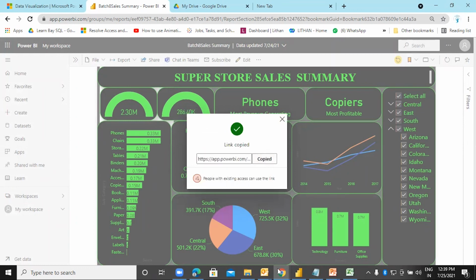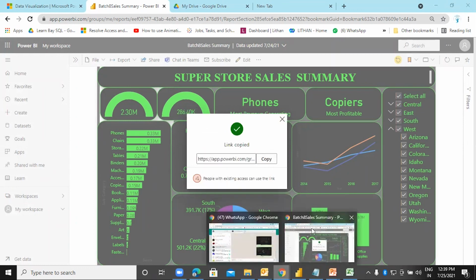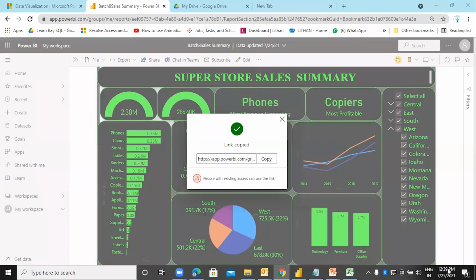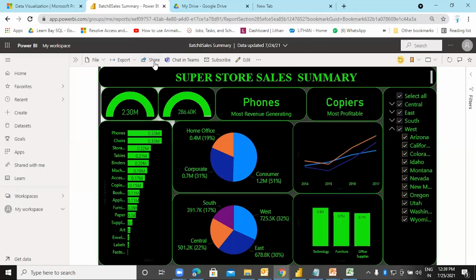I can copy this link and let me put it into the chat. Here it is. So this link can be shared with anybody. If you try clicking on this link, you will come to know what happens. Okay, so the link can be shared over here.